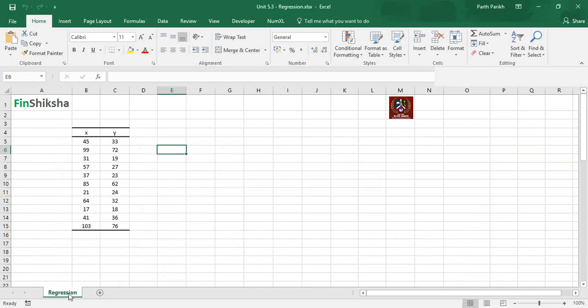This is a new file, which is unit 5.3, the third module or the third video in this particular module, which is 5, which is primarily on forecasting. So in this video, we are going to learn about how we basically do regression, and how we add the data points to reach a conclusion, a regression equation. So now we all know